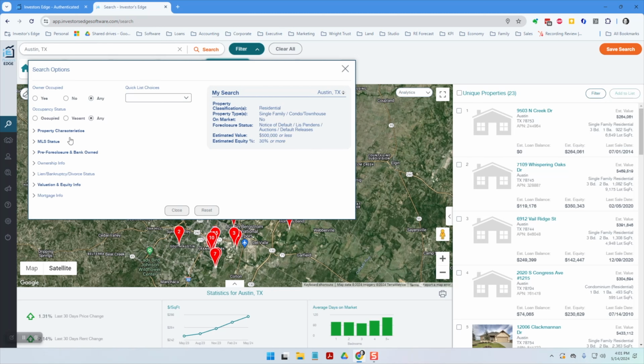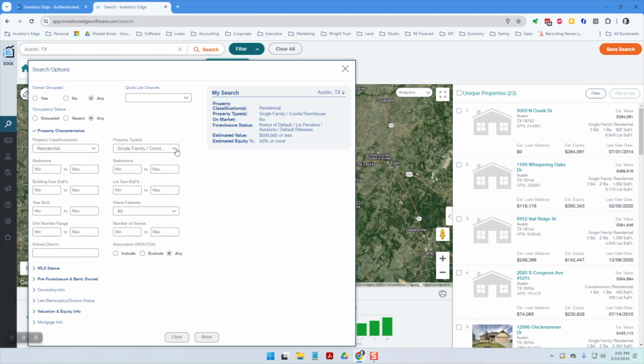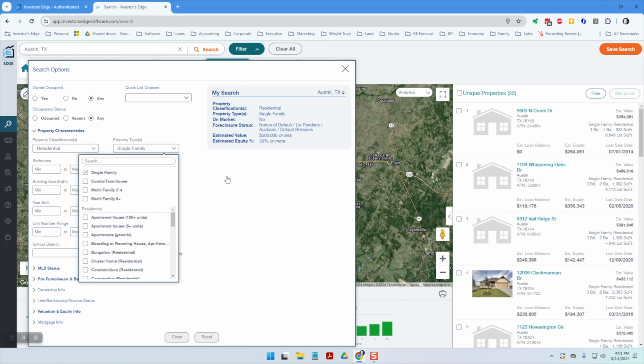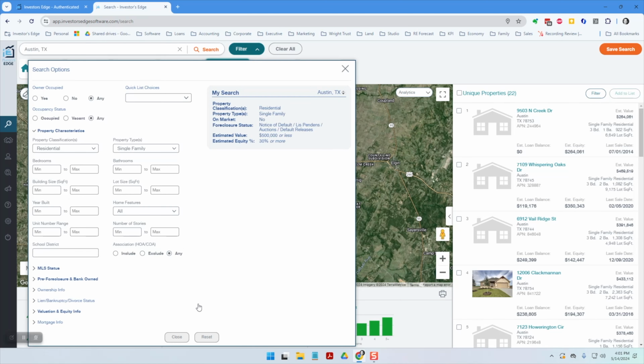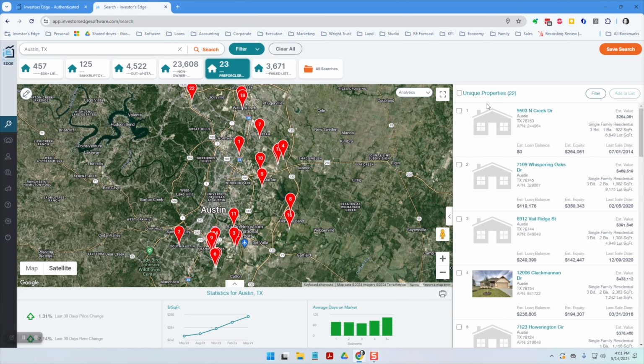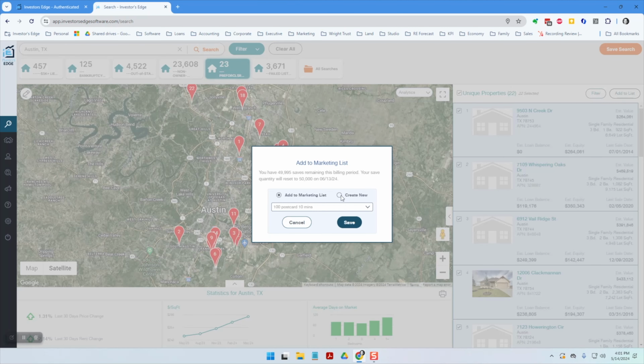Now, maybe we want to change something and say, you know what? I only want single family. I don't want that. So it takes my list down a little bit. So let's say I want to get in touch with these guys. I can click on this. I can add it to a list, create a new list, and I'm going to call this my postcard